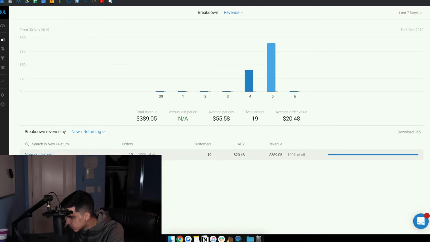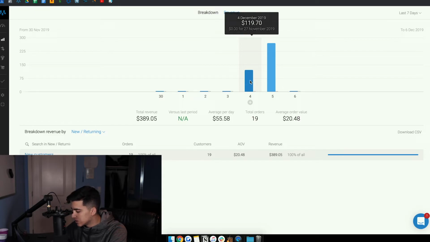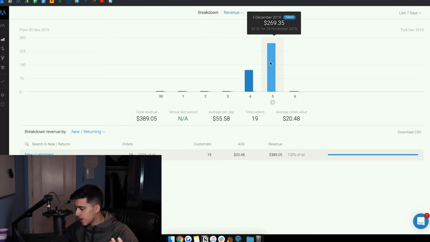Okay, so this is my Trello dashboard for my WordPress site. As you guys can see, on the 4th we did $119, which is pretty good actually, considering that I think we paid $50 for both ads. So we paid 50 and then 25. Yeah, so we paid $75 for both ads together. That leaves our ad cost at 75 bucks. But we generated $119 yesterday, and then today we actually did almost $270, which again is pretty good.